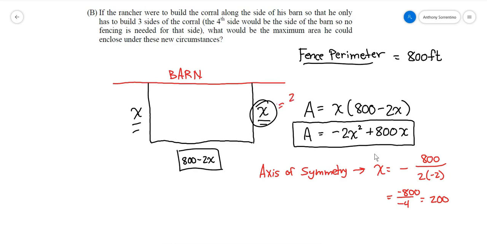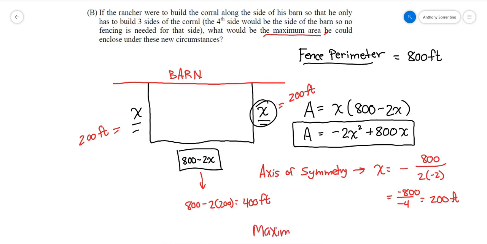So this is going to be 200 feet, and this is going to be 200 feet. This side here, 800 minus 2 times 200 is going to be 400 feet. So I have the information I need now, because right now I'm just looking for what the maximum area would be. I should say B, not he, to enclose this. So basically, we're not looking so much for the dimensions, although I know what they are now, but the maximum area,